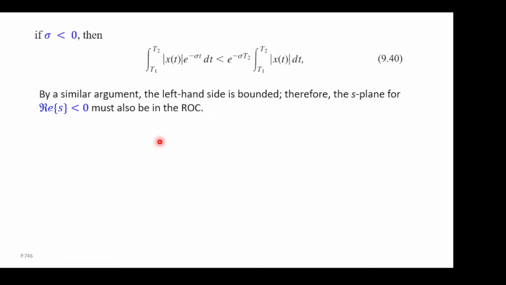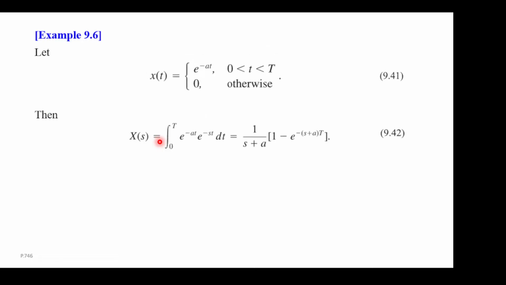Okay. And so this is... Oh, sorry. We have an example. So we have x equal to e to the minus at, between some finite region, right? Because we want to have a finite duration signal. So draw it like this. So t is between